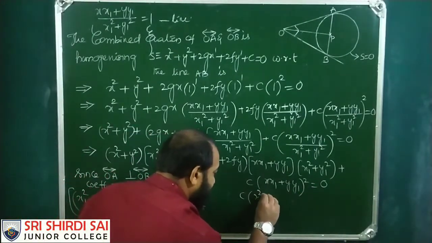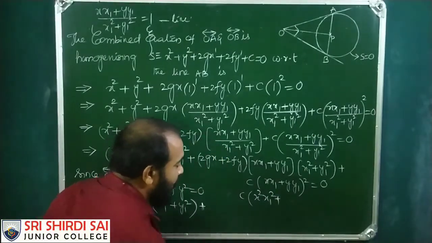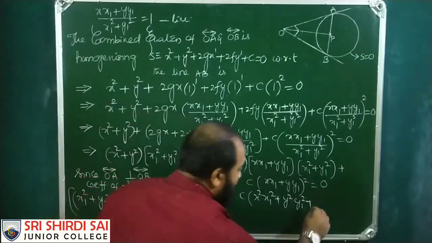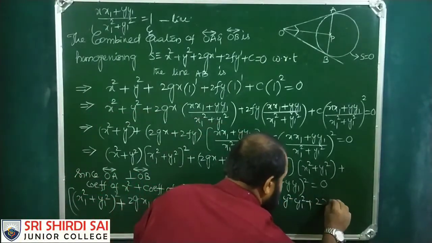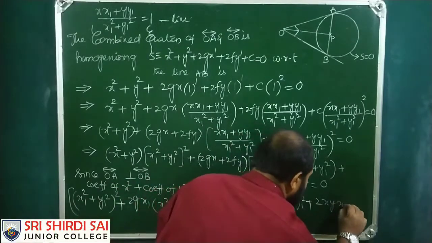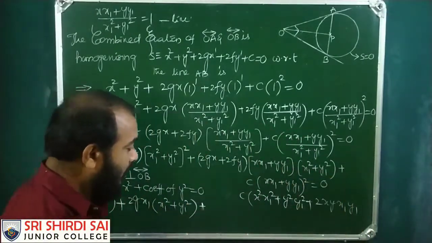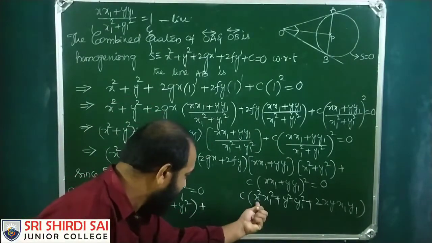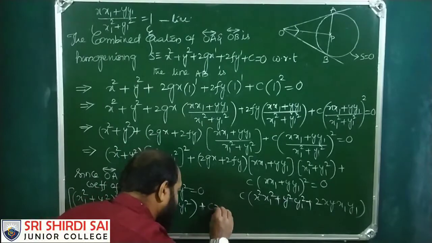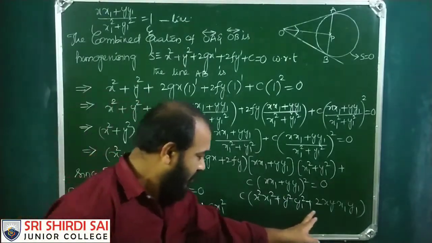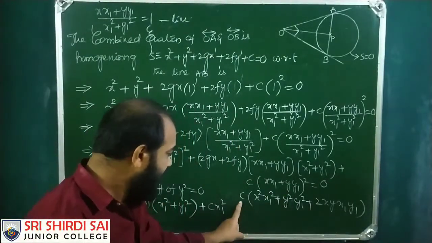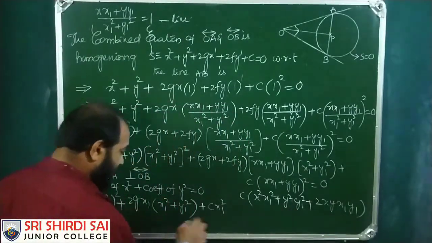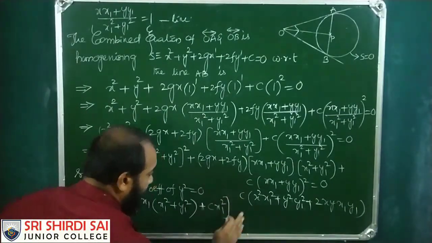A square is x square x1 square, plus y square y1 square, plus 2xy x1 y1, right? So if you multiply c into x square x1 square, the coefficient of x square is cx1 square, and we don't require any terms from here on, because c into 2xy gives an xy term. So this is all the coefficient of x square, plus